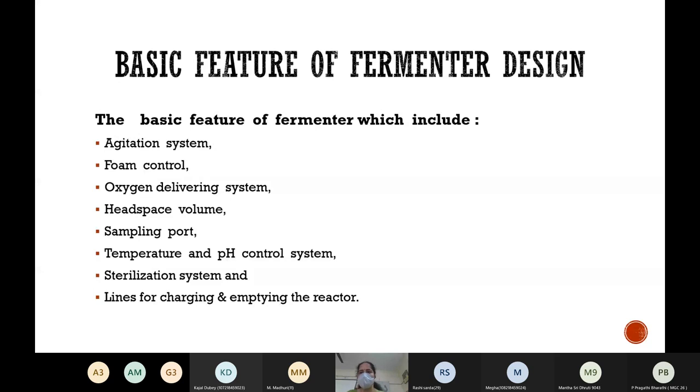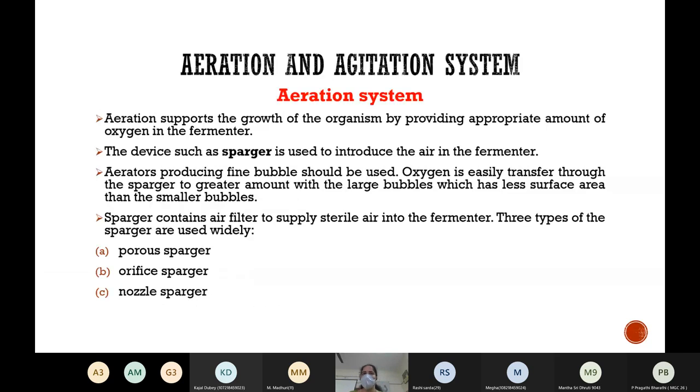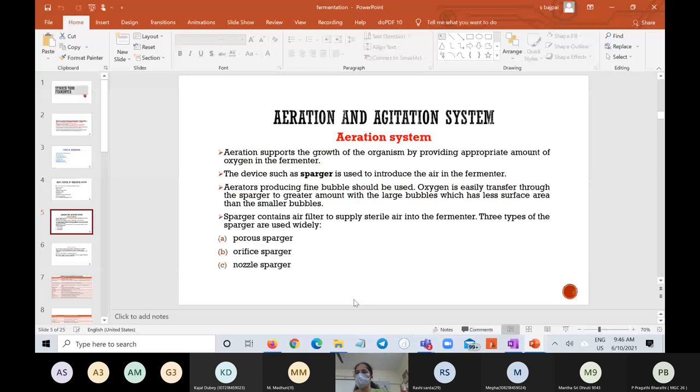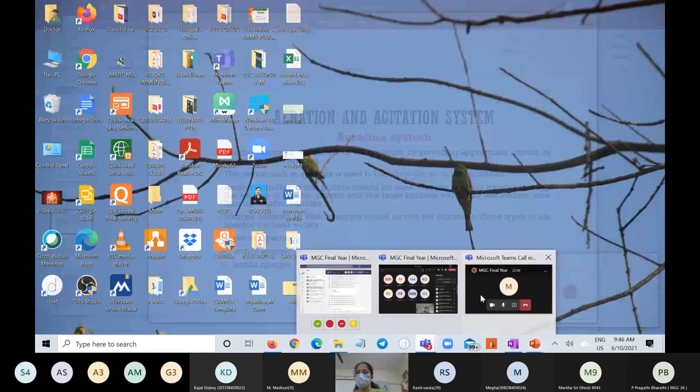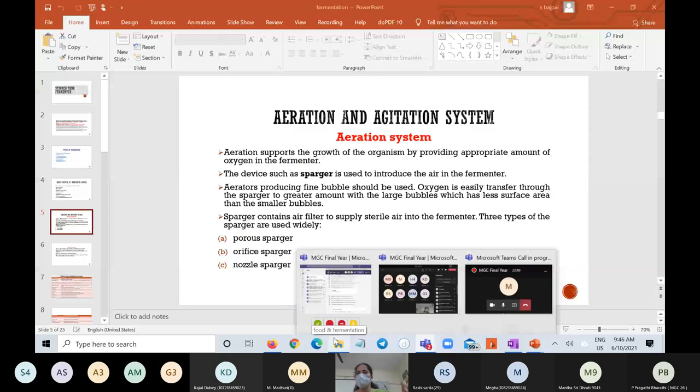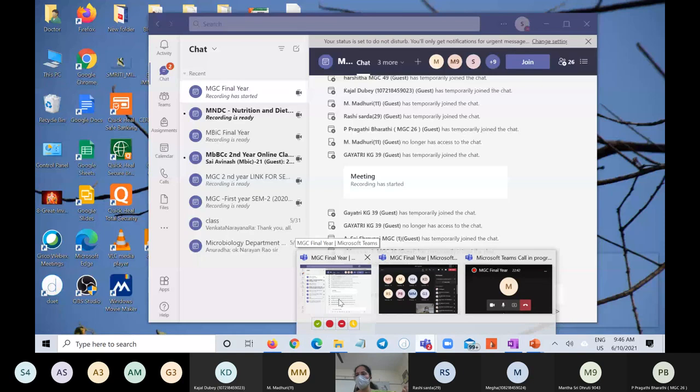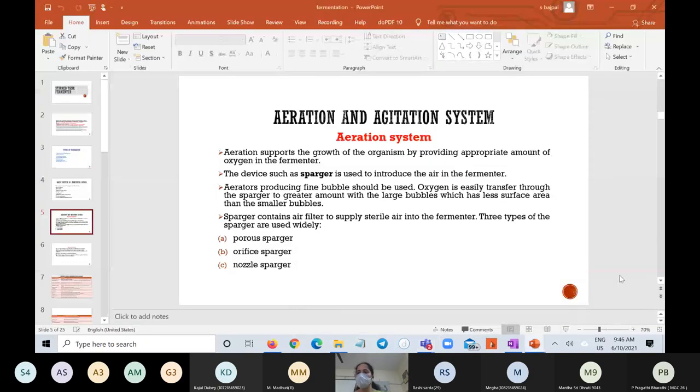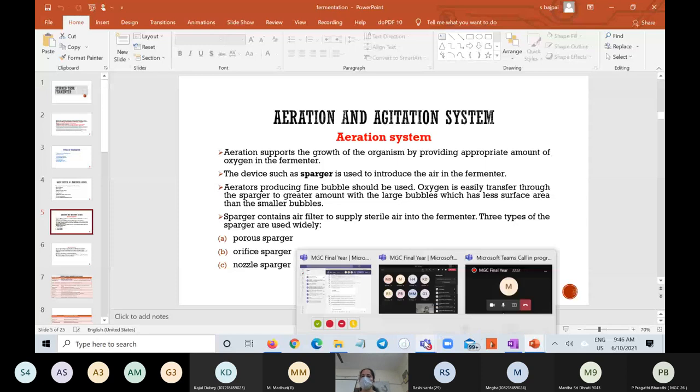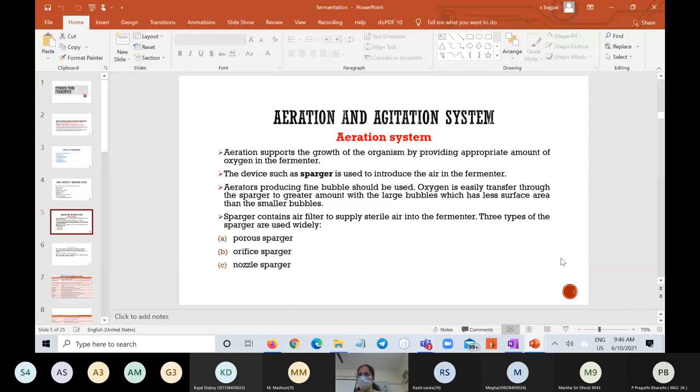Okay, let me ask, are the slides clear, am I audible? Please respond. Am I audible now? Can you see my slide? Yes, ma'am. Please respond so that I can continue. If any glitch is there in between, please tell me at that time, because I am on full screen with this slide and I am not able to see if any glitch is there.